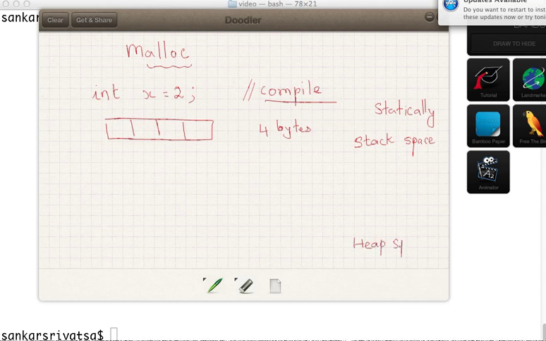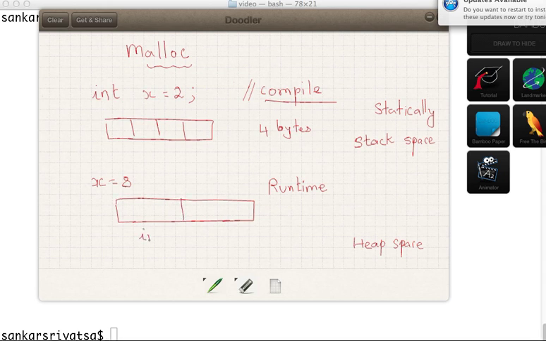right? And say during runtime, you determine you need some memory. Let's say you want 8 bytes. Say x equal to 8, and you want 8 bytes of data, right? That means in 8 bytes of data, how many ints can you have? 2 ints, right? Int 0, the first, int 1, the second. So if you want to allocate this memory at runtime,